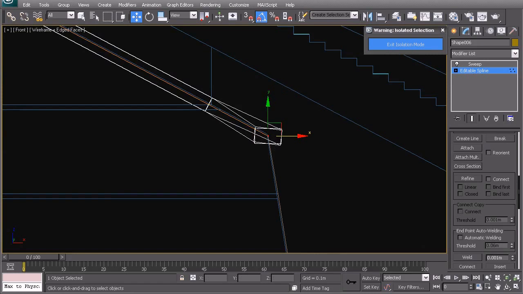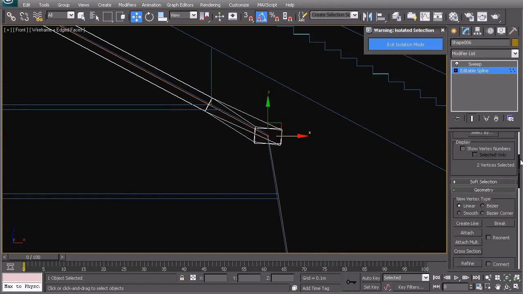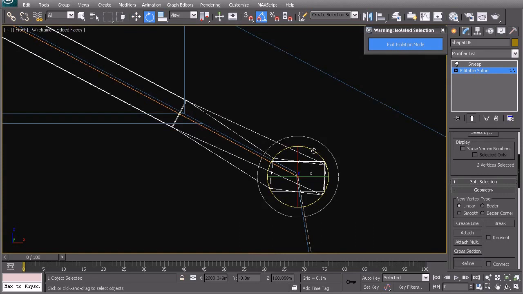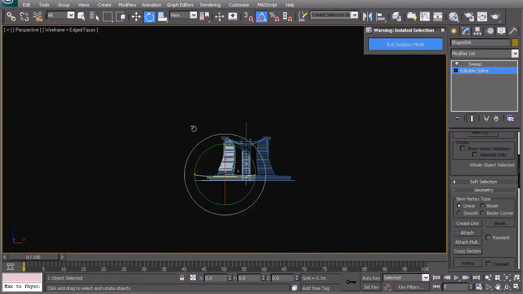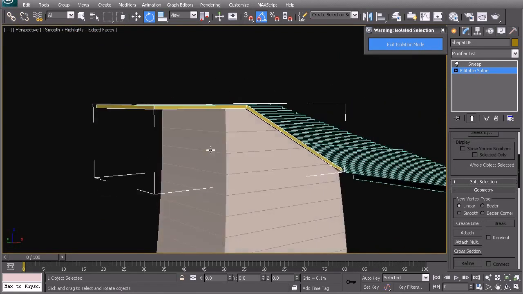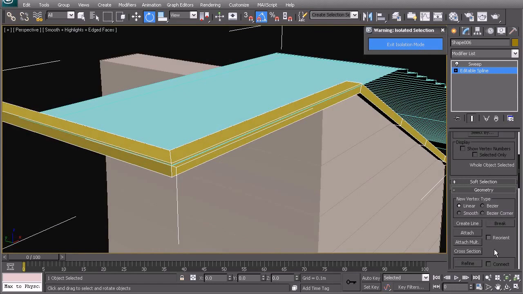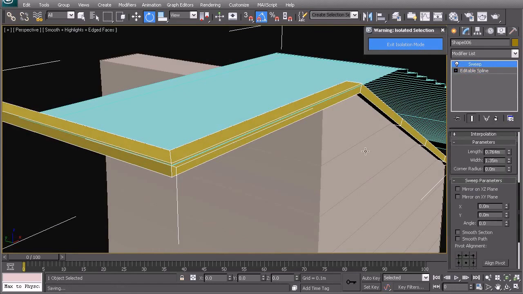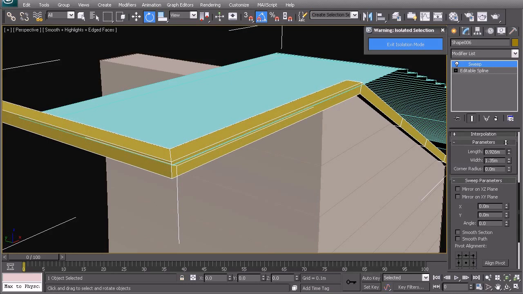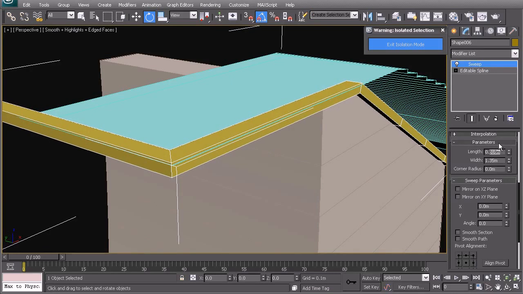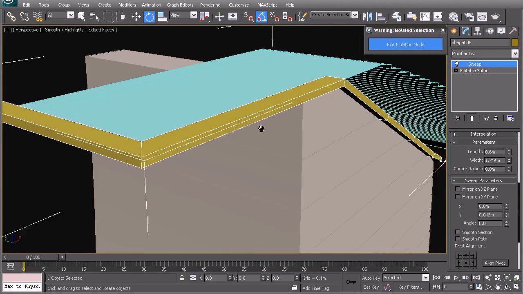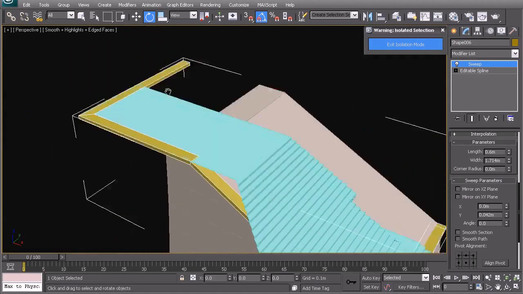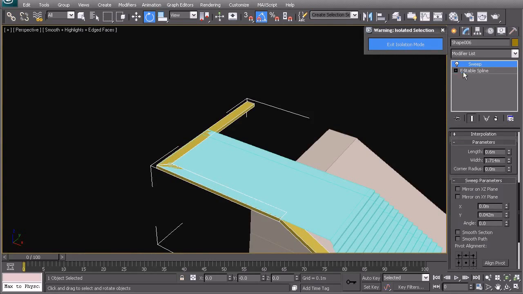So here we still notice some odd banking, which we can edit later. We can edit that once we're back in the edit poly mode. So what essentially we've done here is we've just created this nice thick edge to our slab. Can maybe make it 0.6 thick, slightly wider, and we can lift it up ever so slightly just so we can cover that edge. This edge over here,